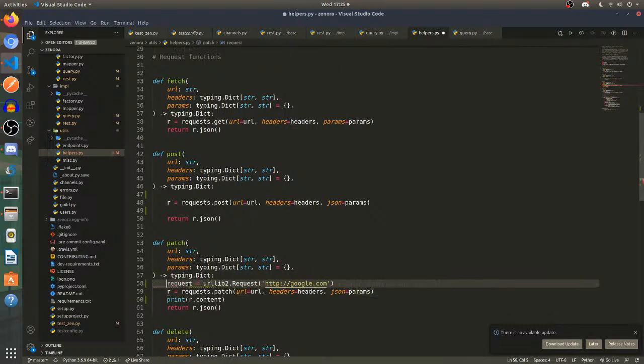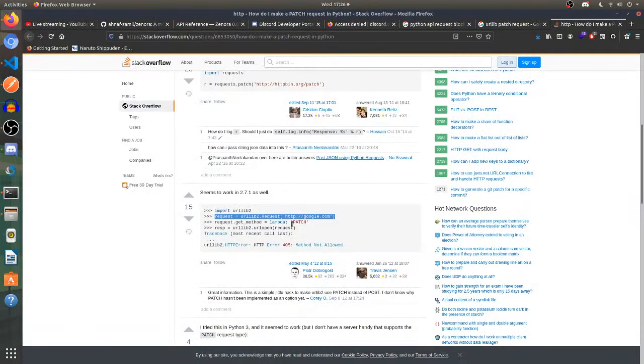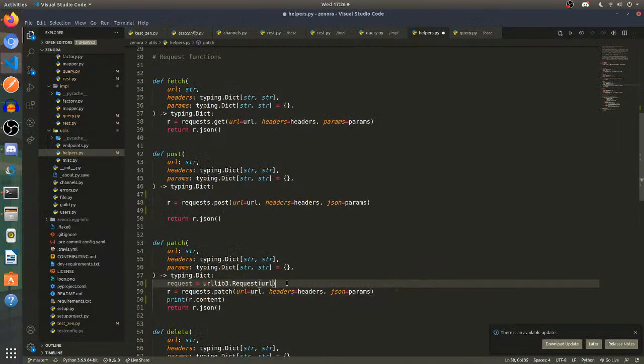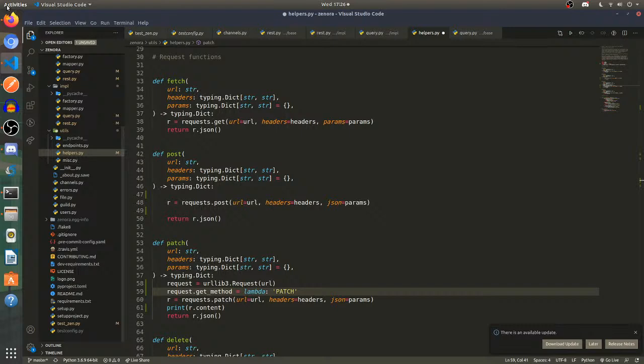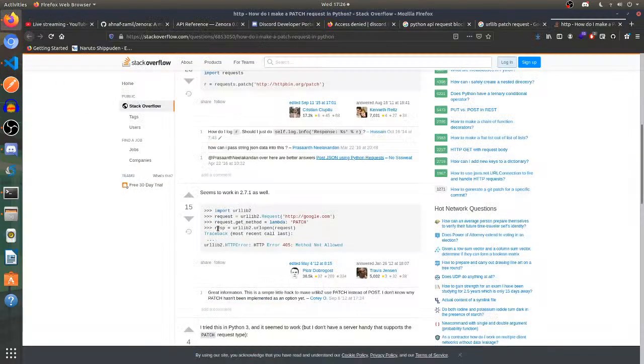Then request equals to urllib3.request. This should be the URL. The request.get method should be a lambda patch. Get method lambda patch, and R is going to be urllib.open.